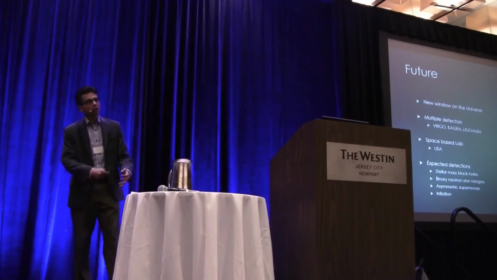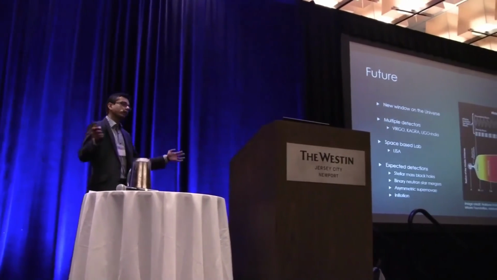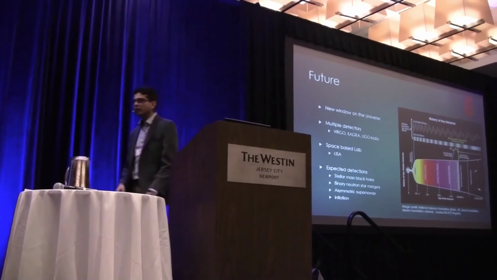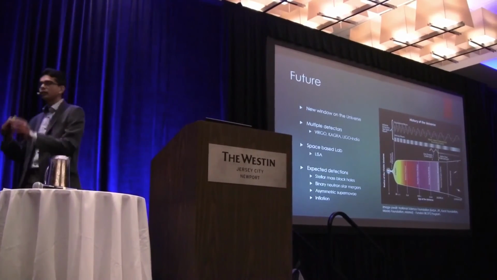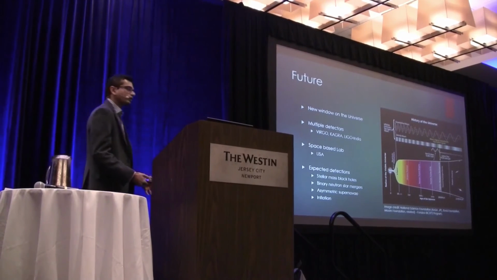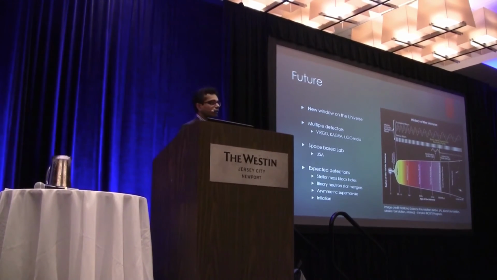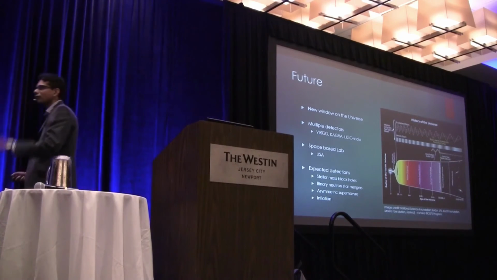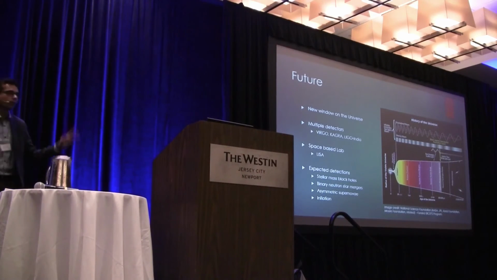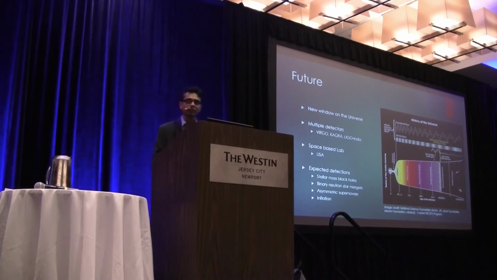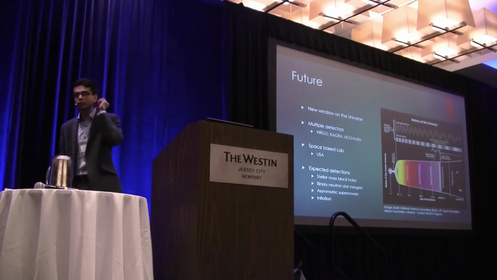asymmetric supernovae. So these are like massive stars. At the end of their life, they just collapse, and it results in a massive explosion. And if the star is not completely spherical, and if it's rotating, then it will produce gravitational waves. Most of the interesting physics for the supernovae happens right at the core of the star. But that core of the star is buried inside thousands of kilometers of iron, silicon, and other elements. And there is no way in the world that we could see what happens inside the core of the star. But with gravitational waves, we can actually probe the core of the star as well.